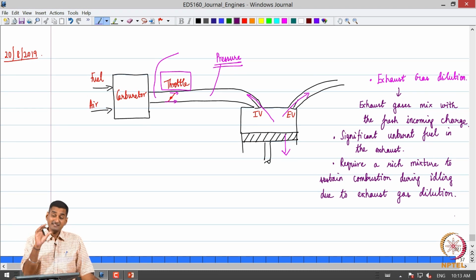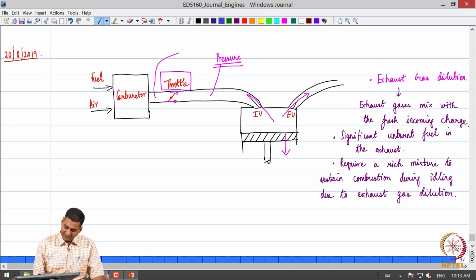Now, having seen the requirements, we will also see how these are actually realized in practice, okay. We will look at various fuel introduction systems now, okay, and then we will analyze one in detail, okay. So, that is going to be the flow of information. So, if we look at the actual fuel introduction systems,